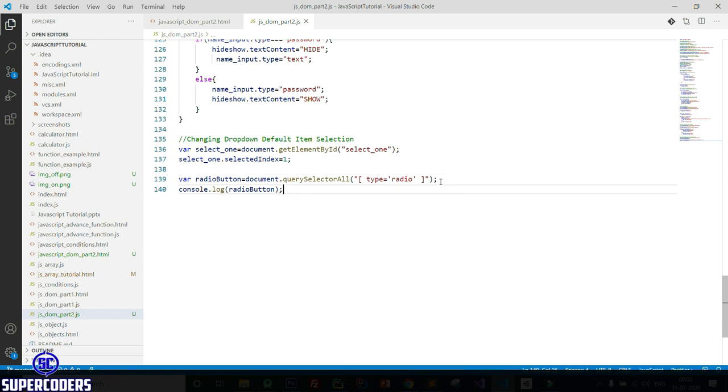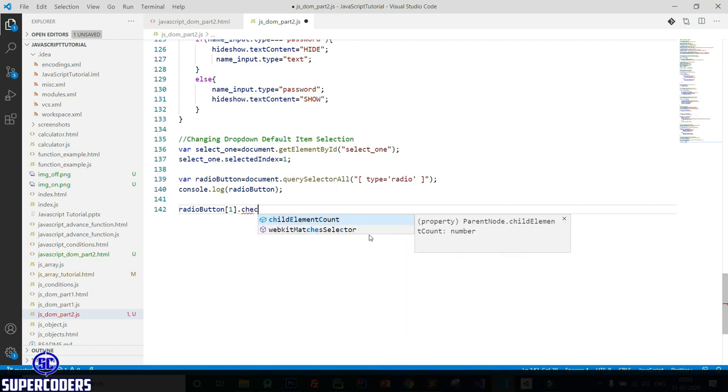Now let's select the default radio button. So radio button, so let's check the button. For this, pass the index, so I'm passing index 1 dot checked equal to true.